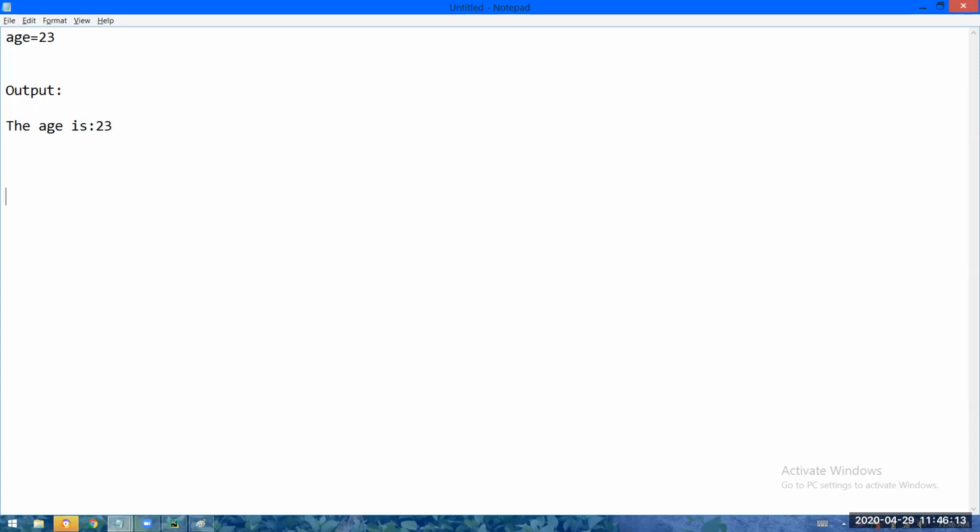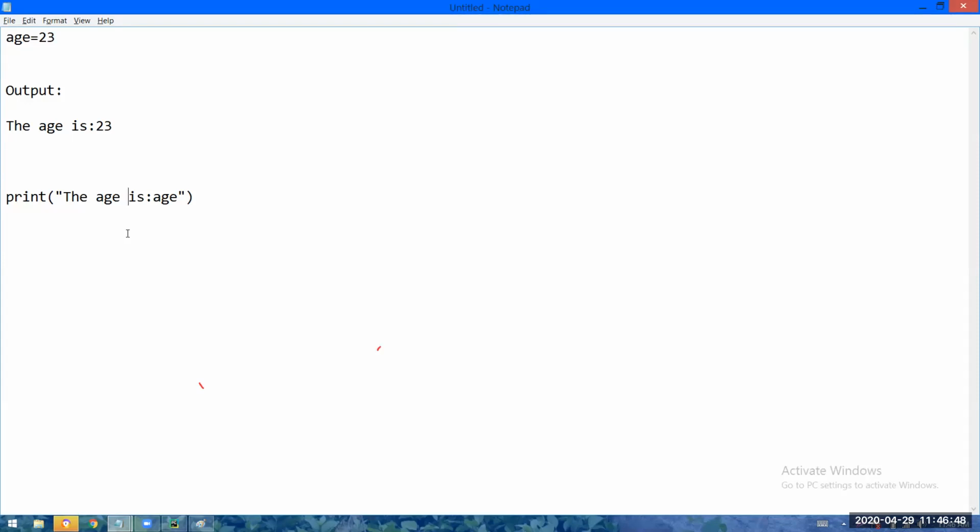So, what I will do? I will use the print function to print something onto the monitor. See, up to here, it has to be printed as it is, right? So, I will be putting that in the double quote, because whatever I put in the double quote will be printed as it is onto the monitor. And 23 is there in which variable? Age variable. So if I execute this line, what is the output? Can anybody tell me?